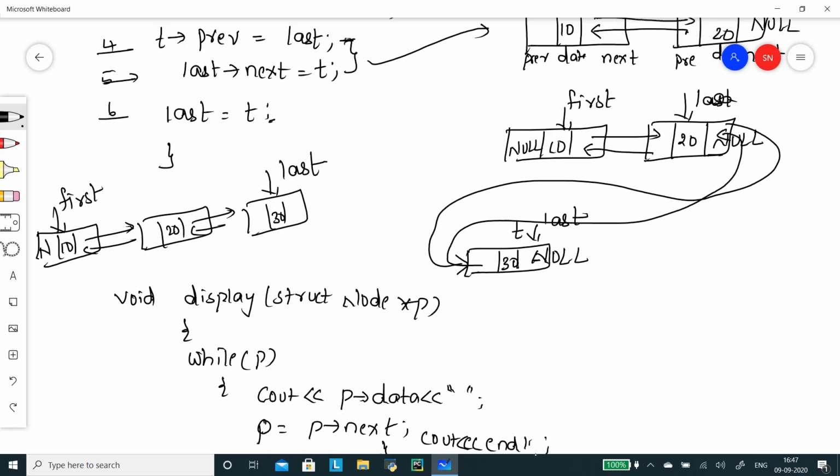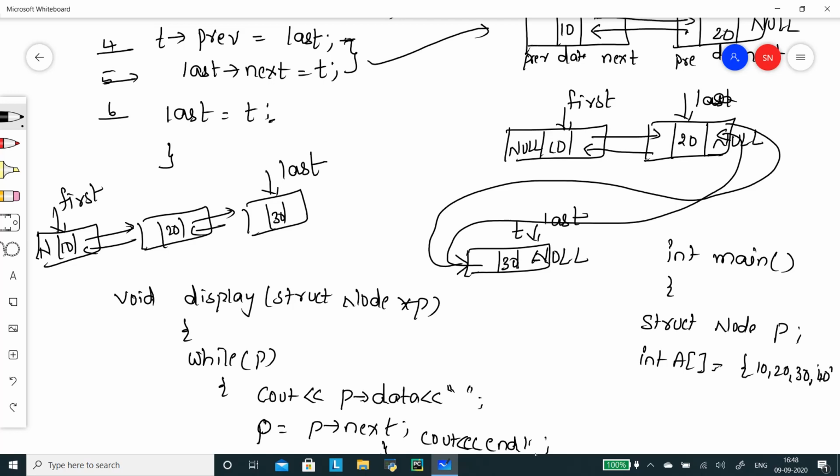Okay. So what are the functions we need to call from the main function? First one, we have to create the structure. So struct node, okay. So already I have taken that pointer p. Next we have to take an array, integer array. So the elements need to be specified. How many elements do you want to insert? Suppose I want to insert 4 elements. Next I have to call the create function, create a comma 4. Next I have to call the display function. So the display function will display all the data.